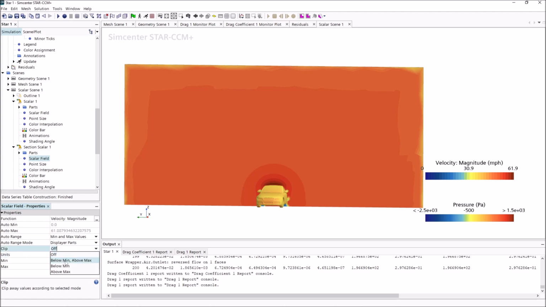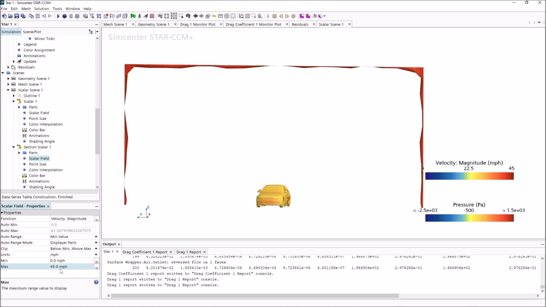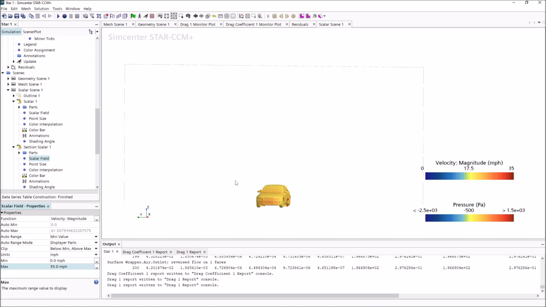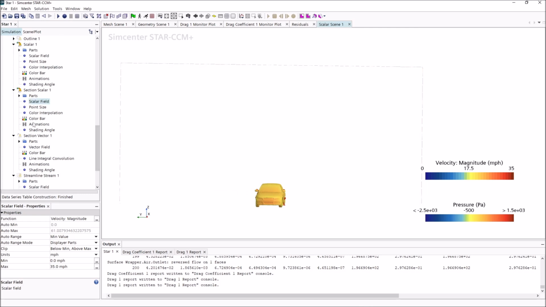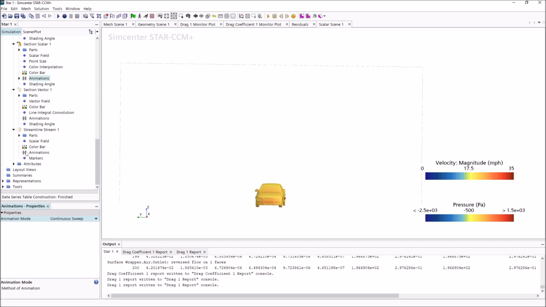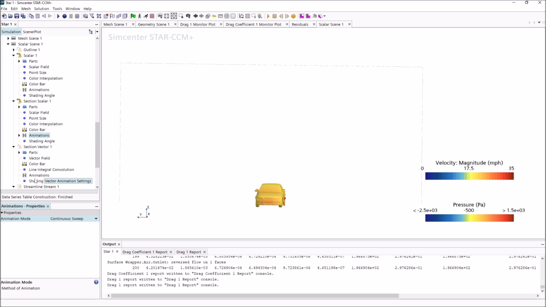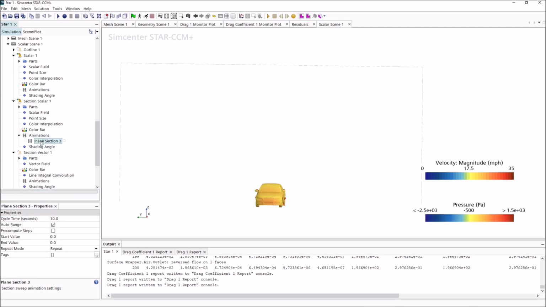I'm going to use clip. I'm going to do below min and above max. I'm going to change the max to 35. There we go. We'll see what this does. I'm going to set animation mode on to continuous sweep. I've already turned off the streamline animation from earlier. Then I hit play,